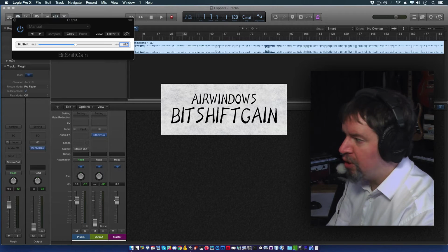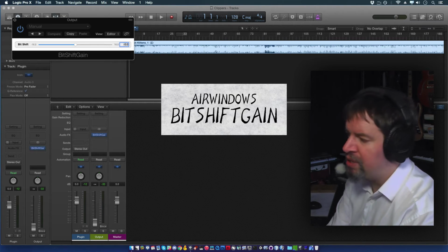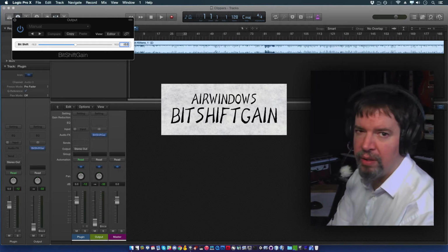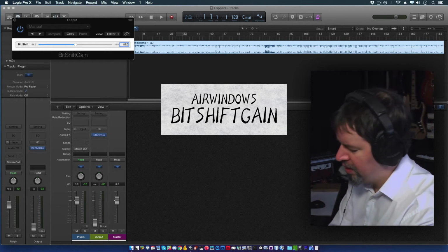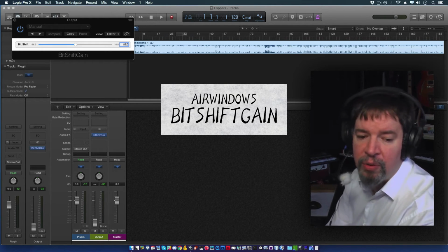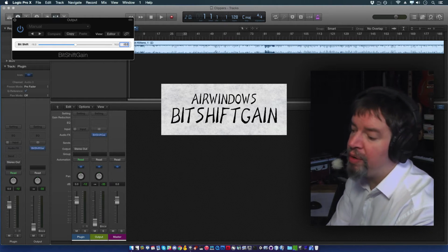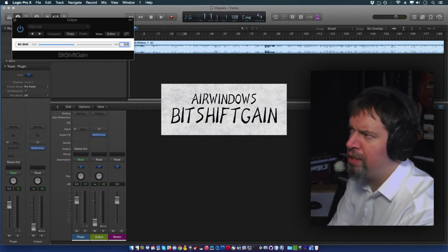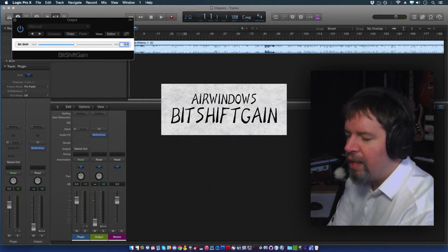There may still be people wanting to do 16-bit dithering. I don't think they should. CDs, forget CDs. Put out high-resolution stuff like 24-bit, or put out 24-bit and make your MP3s off of those. CDs, seriously? But